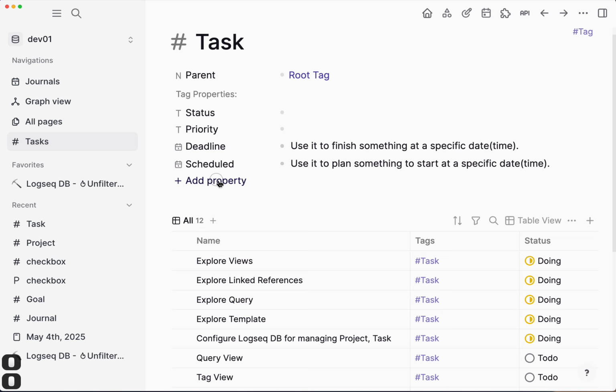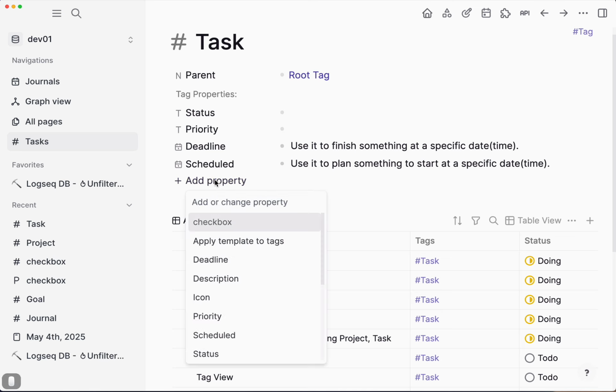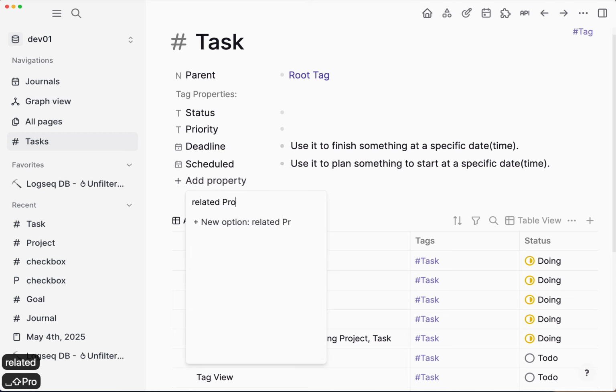So with that, what we want to do for our simple task management is, anytime we create a new task, we want to have the option to say this task relates to a given project. How do we do that? So we add a property that we're going to call related project. And